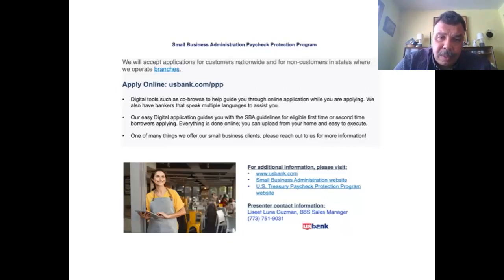It also allows you, the minute you put your NAICS code in there, or put in what type of entity you are, to see what type of paperwork you would need to provide as a small business owner to continue with the process. It also communicates with you. So if you're submitting documents, it's communicating to you what the next steps are, so where you're at in the process. It's very simple. And again, it allows you to incorporate your local banker.